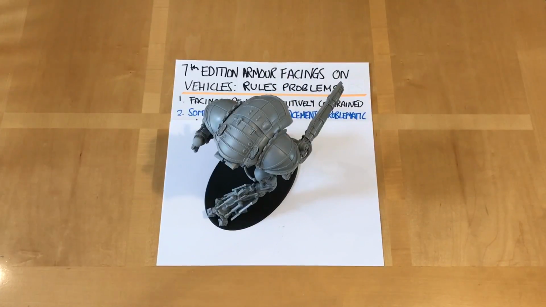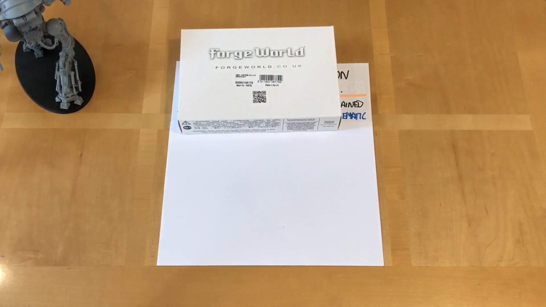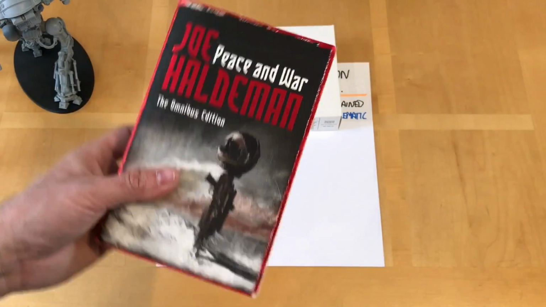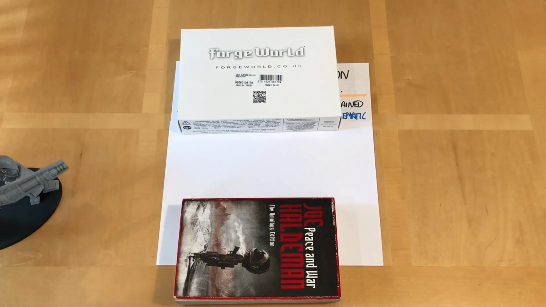Now I'm just going to grab a couple of bits of improvised terrain, which was the first thing I could find when I was looking around. And we have a Forge World box, and we have a copy of Joe Haldeman's Peace and War. There you go, a little bit of sci-fi for you. Let's just imagine that these two are buildings. Right, in the battle,